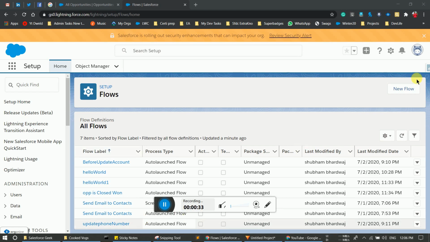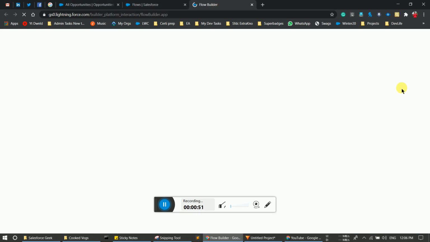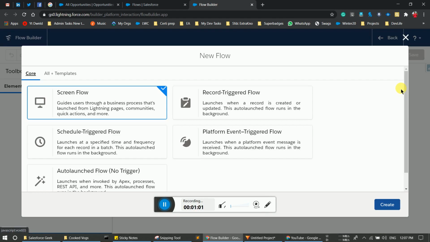This video is all about before triggers in Salesforce flows. As you know, in Summer '20 you get the feature of before and after triggers. You can easily make changes with before and after triggers in Salesforce flows. So without any delay, let's explore them. In this video, we are going to create one or two scenarios with before triggers.